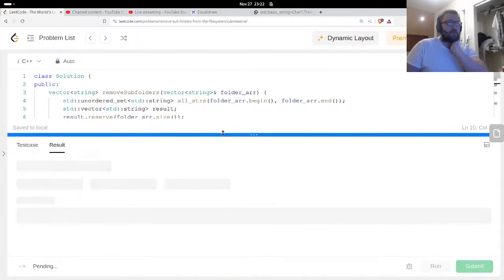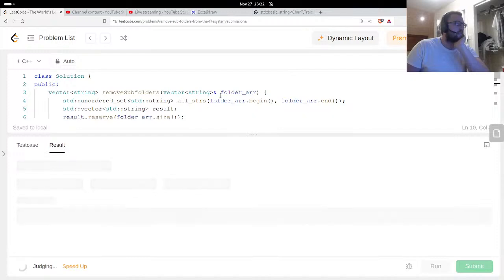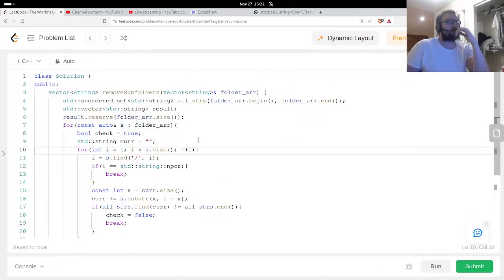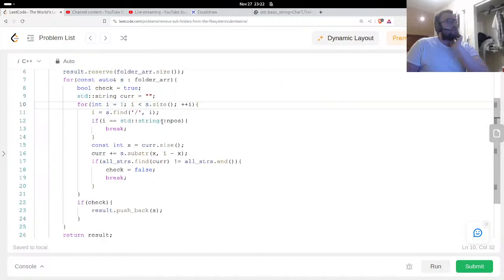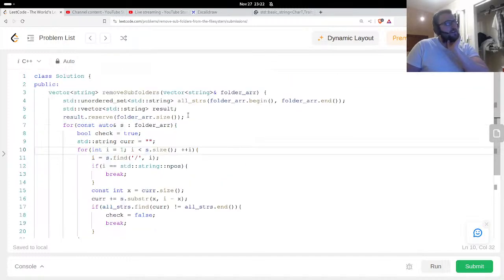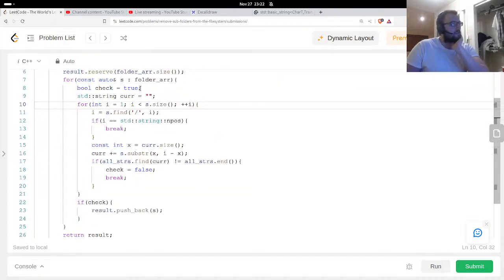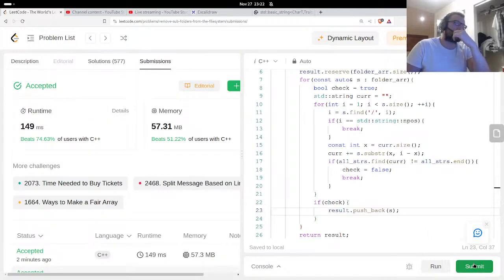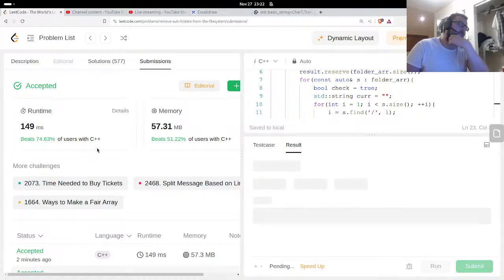Yeah, it should be clear what I'm doing. I'm basically just dumping all the strings into an unordered set and then running through all of the prefixes of each string to see if any of the prefixes are found, then we don't add that to the result, and everything else is added to the result. So this is better on memory and time